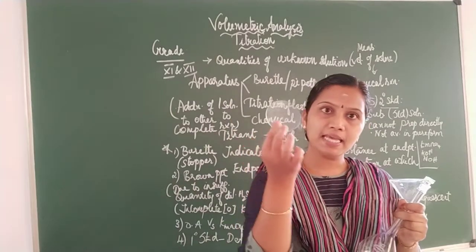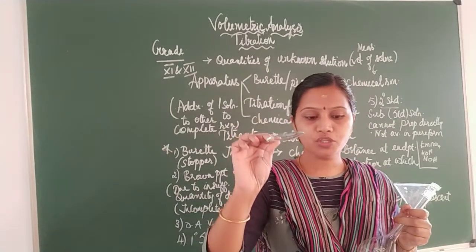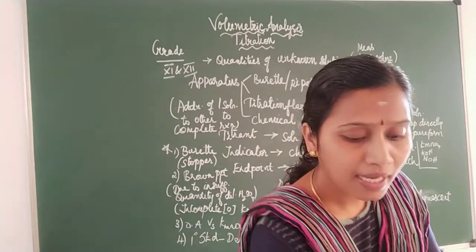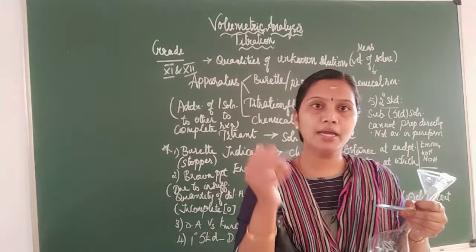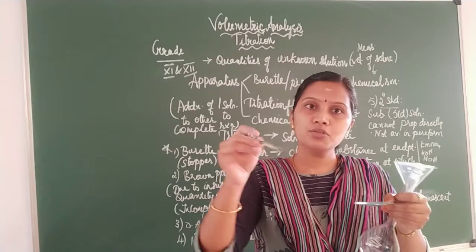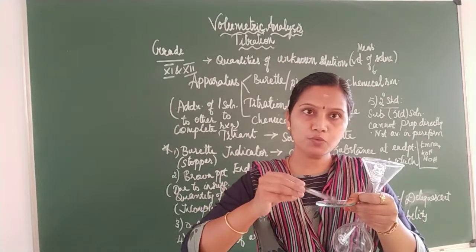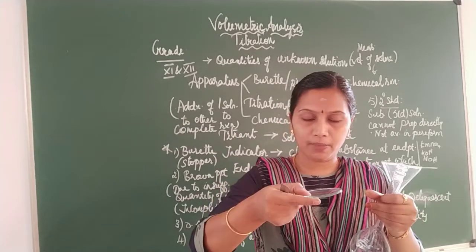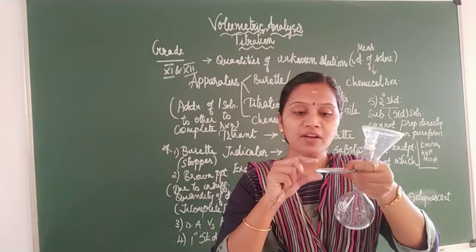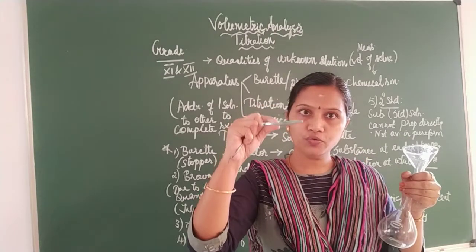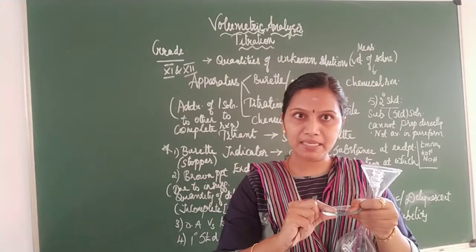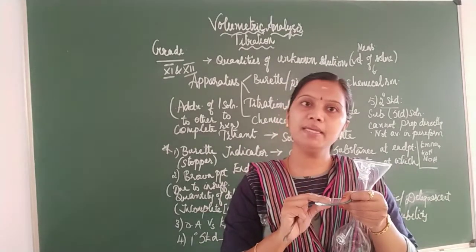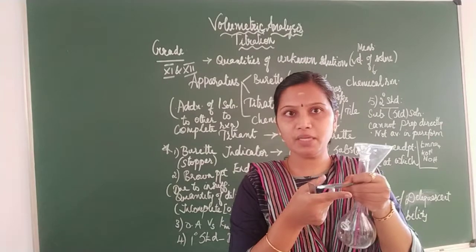In those cases, I will be using this. This is called a watch glass. And I am not supposed to take any chemical substance by means of hand. So I should use a spatula like this. So I will be taking the chemical in this watch glass, and then I have to weigh. So how to weigh? First take the weight of this watch glass, then take the required amount of chemical. When you subtract it, you will be getting the weight of the chemical substance.